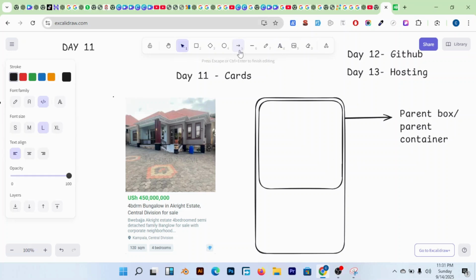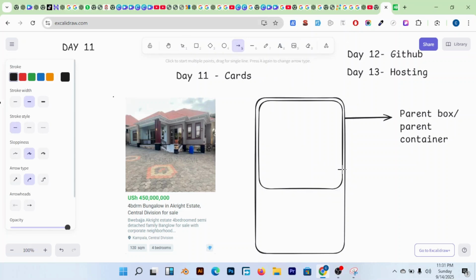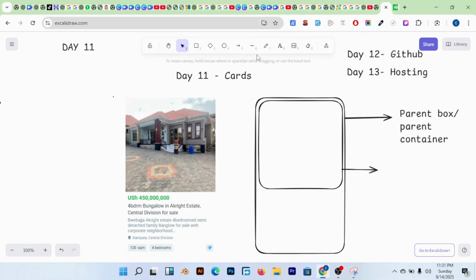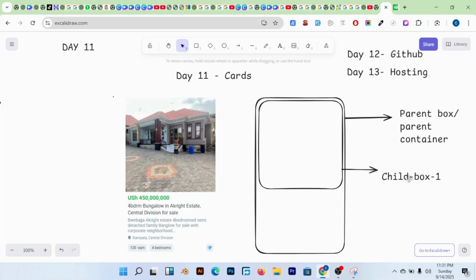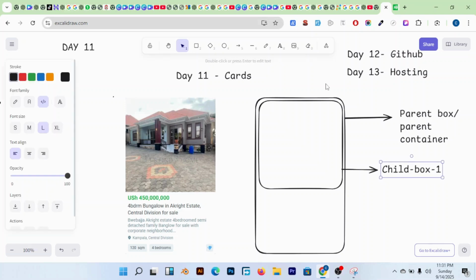I can maybe call this child box 1. Members, are you seeing this? I need to mark this very well. You can say child box 1,